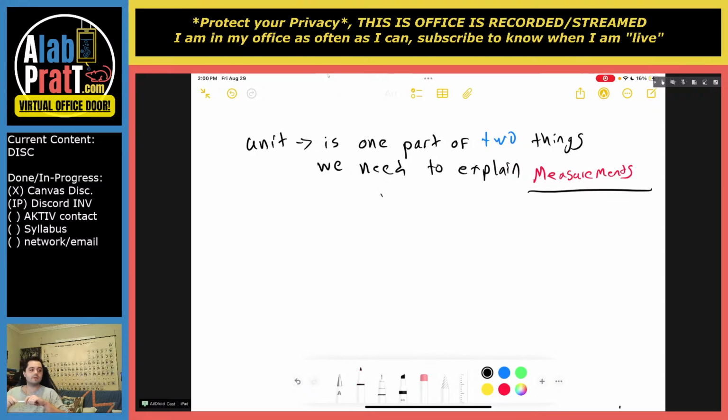So this is where I want to start with units, and we're even starting to prepare me for how I want to talk about this in class on Wednesday, because we do have Labor Day off, but I'll be in the office on Monday to help with anything. But yeah, we have these units, and it is part of the two things we need to use to explain measurements, because at the end of the day,